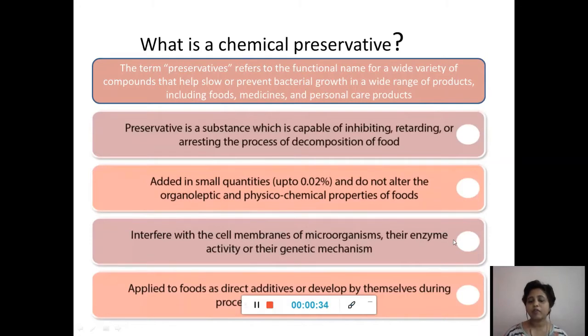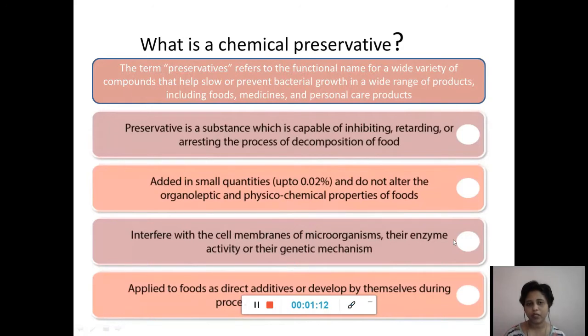The term preservative refers to the functional name of a wide variety of compounds that help us to slow or to prevent bacterial growth in a wide range of products like foods, medicines, personal care products, etc. And they not only retard microbial growth, but they could also inhibit, retard, or arrest any process which will cause the decomposition of food. Usually, they are added in small quantities, about 0.02%, and they do not alter the organoleptic and the physicochemical